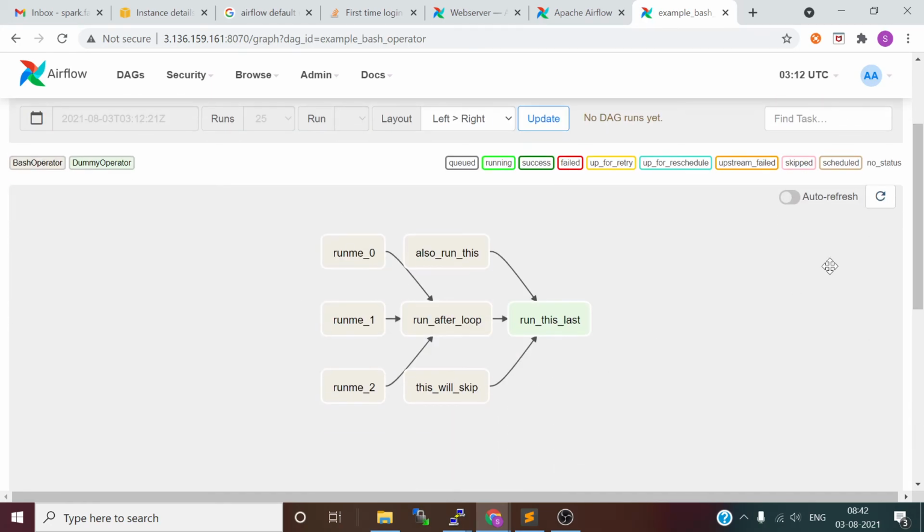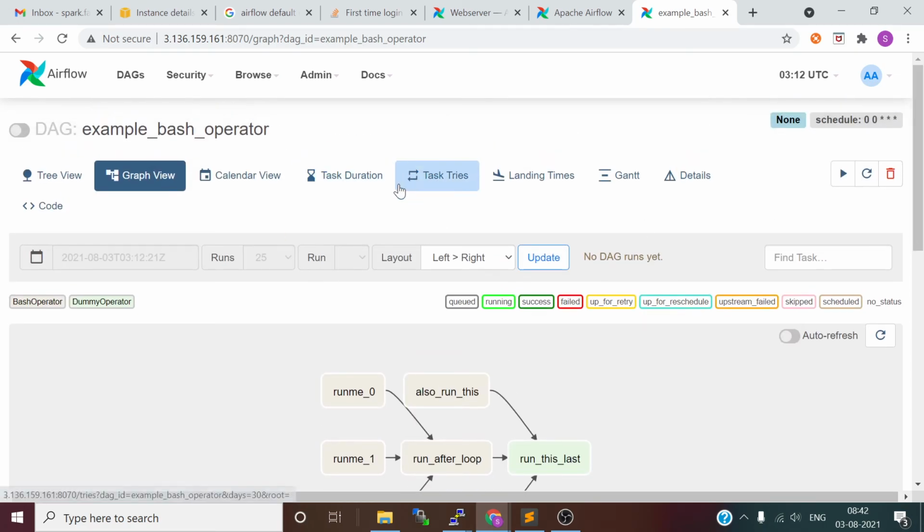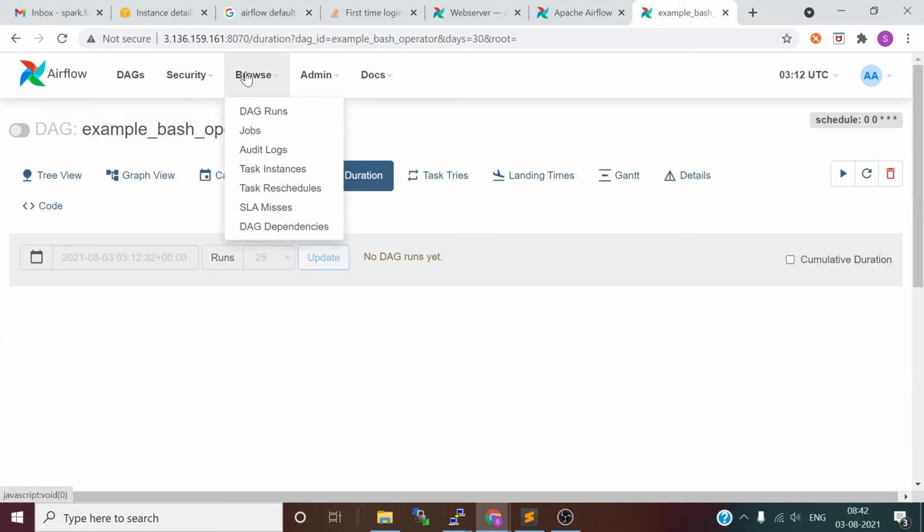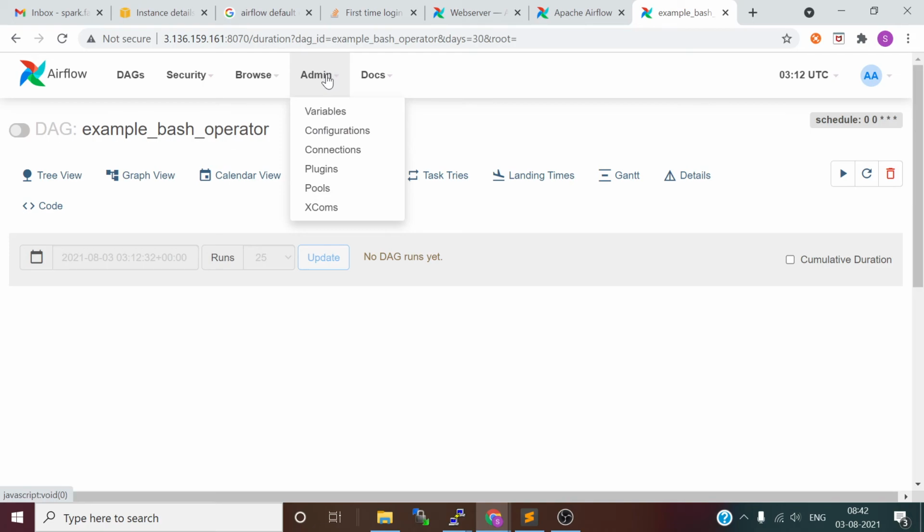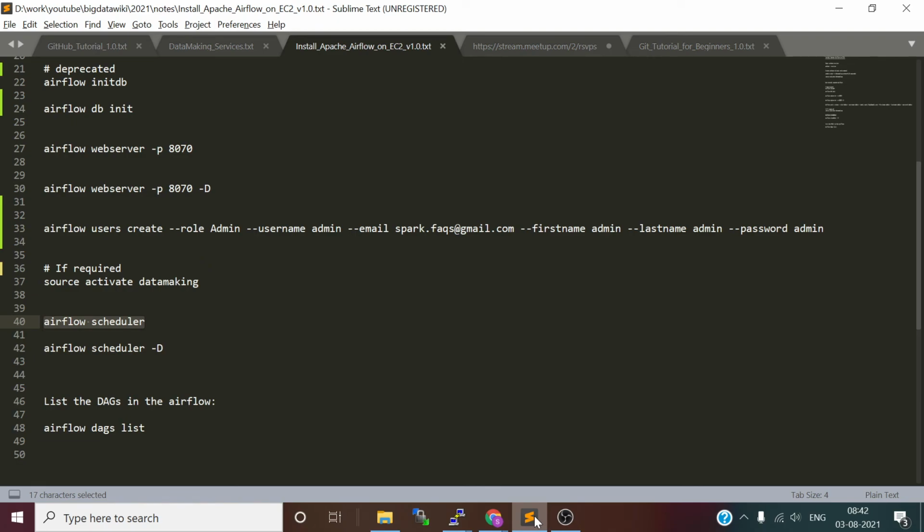This is our DAG, directed acyclic graph, and you can see task duration. There is a lot of information you can check. You can create variables and connections. There are a lot of components in Airflow, which we will see in future sessions. The idea was to explain how to install Apache Airflow.